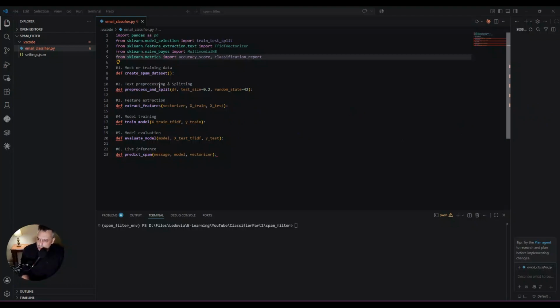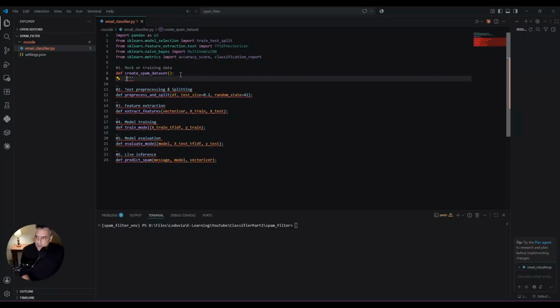For the data part of it, I'm not going to start coding or typing out all the data. I'll just copy some data that I have here, and then we'll discuss it. So first thing I'm going to do is create a little bit of documentation for these functions, just to explain them a little bit better. So this first function creates and returns a mock spam/ham data